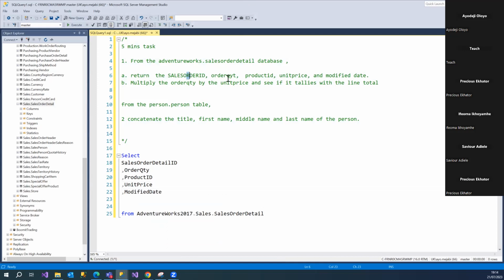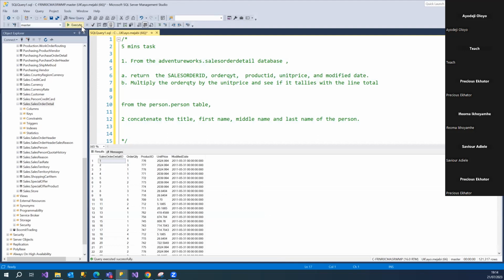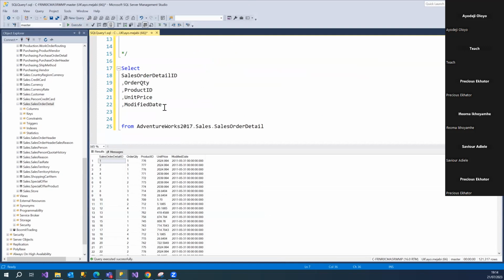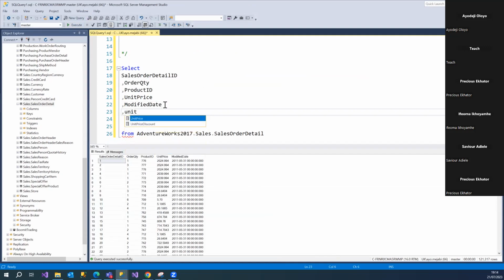Okay, 1, 2, 3, 4, 5. If I run this query, we're going to get something back. There you go. And the part B, which is the extension, says multiply that by that. So I might as well just come here and say unit price multiplied